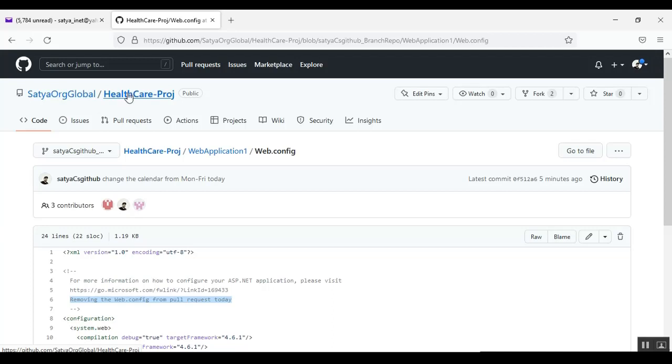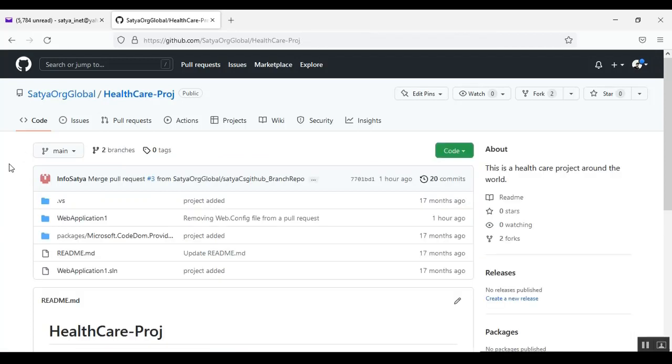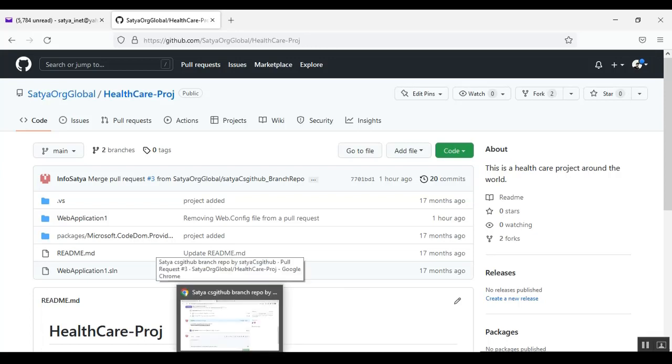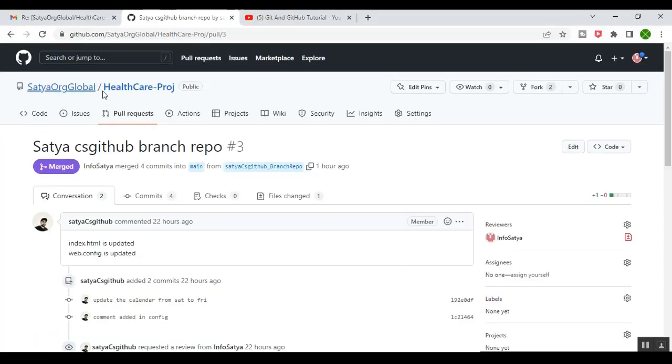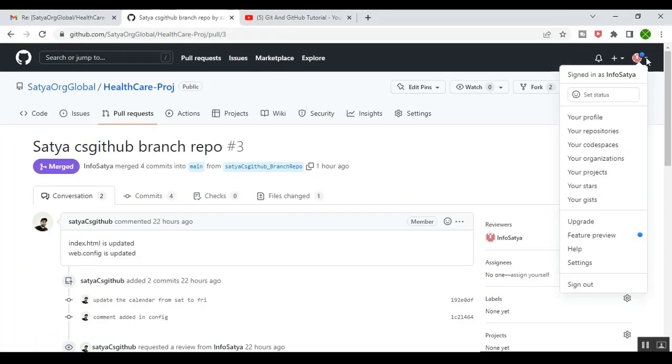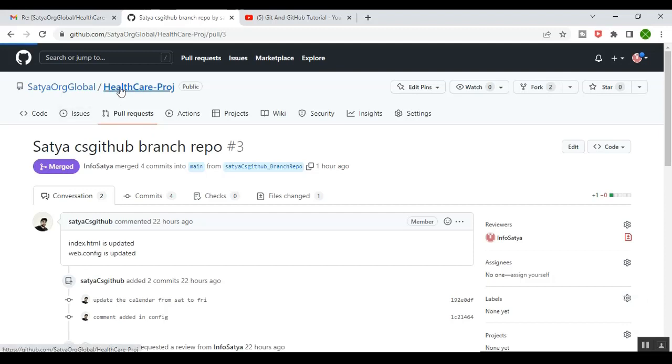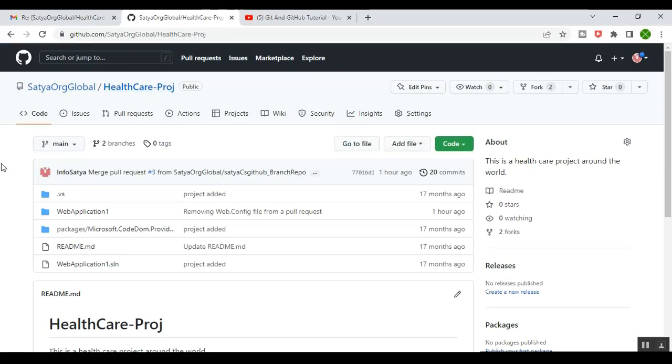So go to this one, and here go to my, this is the main branch, right? In the main branch we need to check using our GitHub Reviewer. So this is the GitHub Reviewer, GitHub ID info Satya. The GitHub Reviewer will check whether the same changes have been reflected in the main branch or not. So under the selection of the main branch, the GitHub Reviewer goes to web application 1,